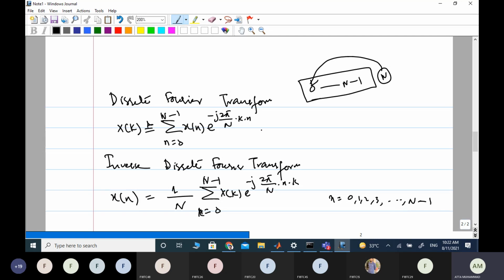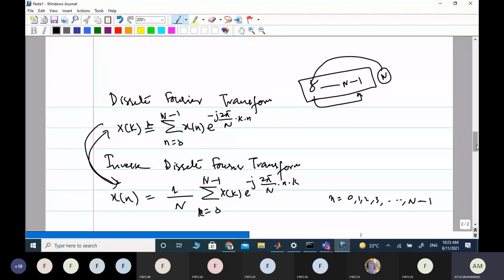So if a signal was time limited and you computed its frequency domain using DTFT, and then you reverse the process and again compute a discrete time signal, what you get is a periodic signal that is repeated after n minus 1. So that's why we are not allowed to compute any coefficients beyond this limit. Otherwise our aperiodic signal will be forced to be converted to a periodic one. So this is what we cannot do.